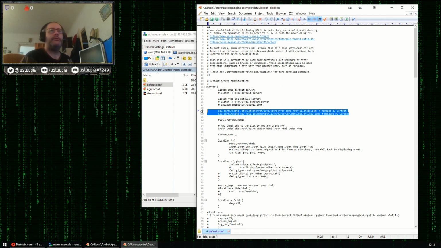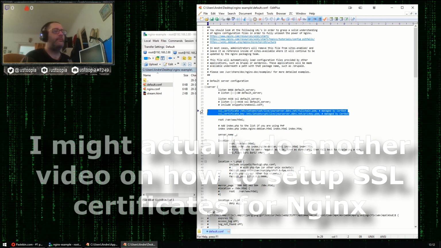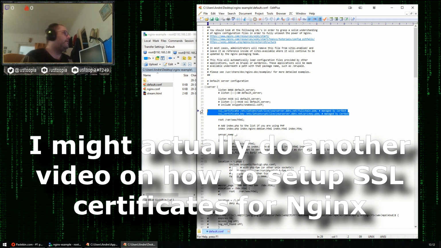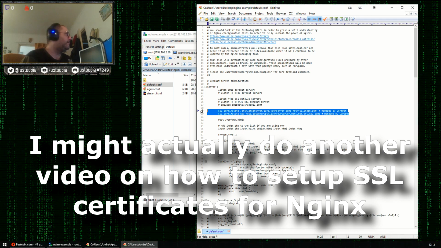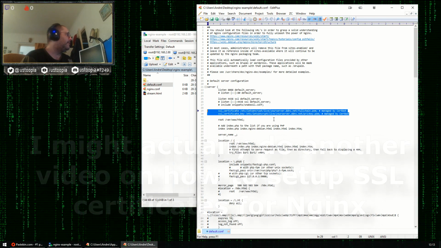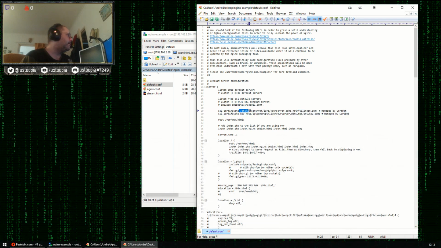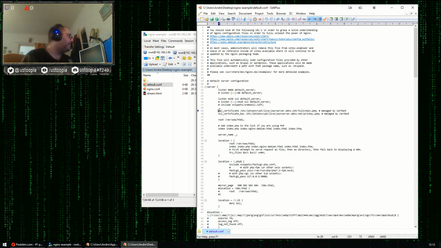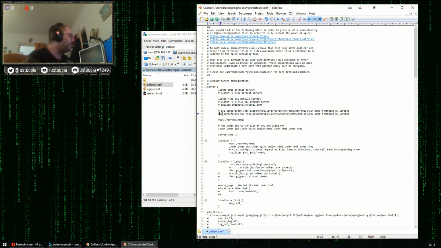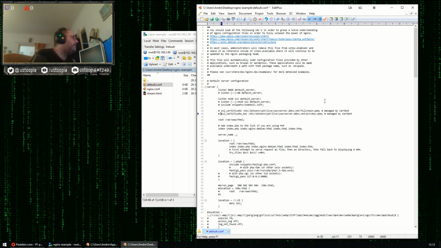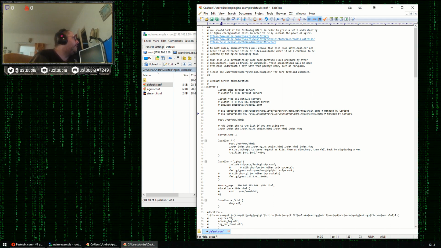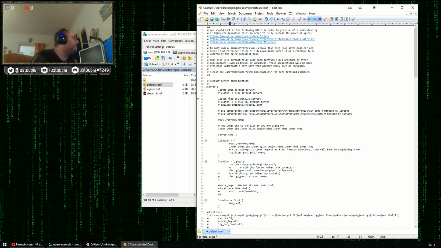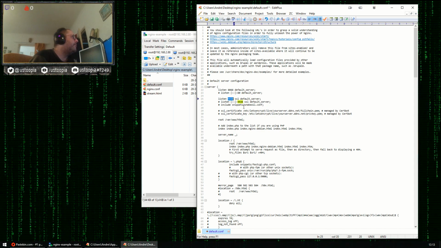I won't go into detail right now, maybe some other time, but if you Google setting up Nginx with certificates, you'll find thousands of guides, so you can do that yourself. These are the default directories. Let's put the certificates in, but anyways, for you I'm gonna disable them, because if you don't have those certificates, this is not gonna work. As you can see, I'm running on port 8088, and my SSL port is 4438.